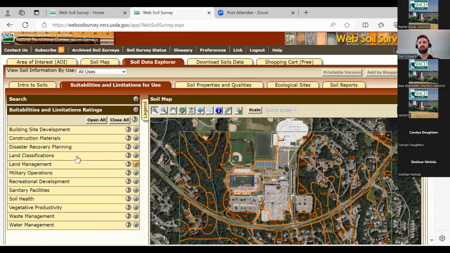And that's a little broader than just groundwater, because obviously a soil can be limited for rain gardens if it has shallow bedrock, if it's very clay and just doesn't perk well, or for a variety of other reasons. So if you're looking for a more holistic rating to determine if a rain garden, dry well, permeable paving, or whatever will work, that's a really good one. So just click around until you find that one. It's in one of these two big categories, suitabilities and limitations, or soil properties and qualities. Unfortunately, I'm forgetting which one it is right now. But this is a really good resource to start poking around. And oftentimes it's the only resource you need to determine if a site is suitable